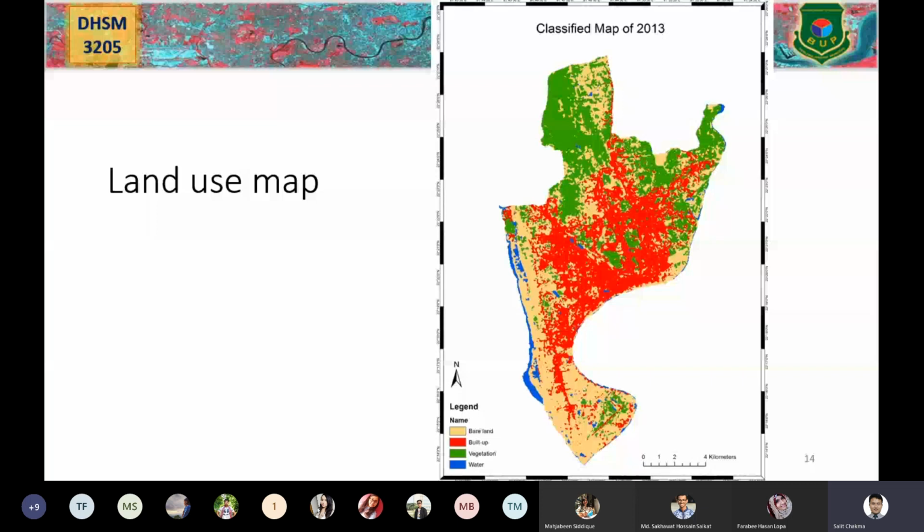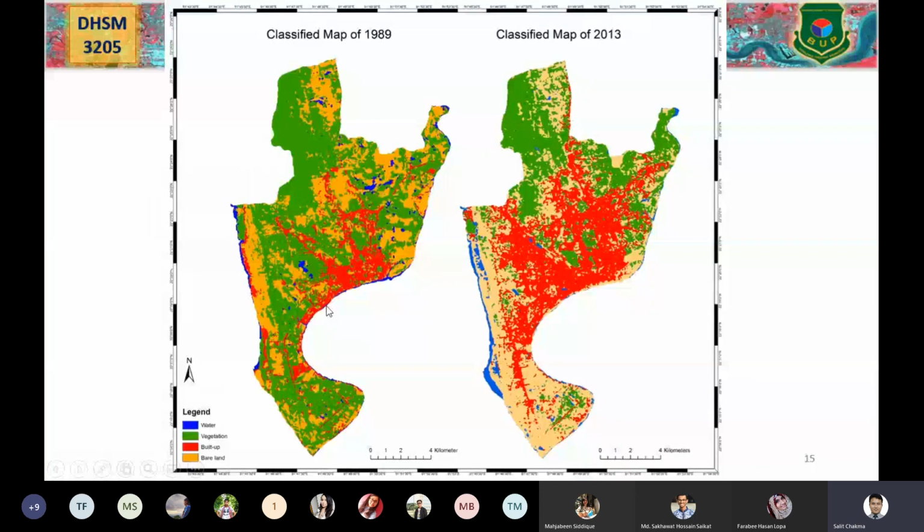Anyway, this is a land cover map of Chittagong City Corporation of 2013, and you will find the urban areas are covering this region and the vegetation is covering this region. If we compare it with 1989, you will find that vegetation was covering most of this area, and then there were few corridors of urban areas based on the road networks. And eventually, after almost 24 years, okay? Almost 24 years,